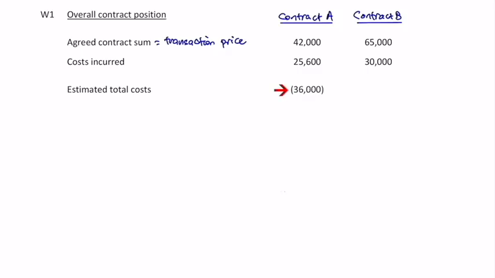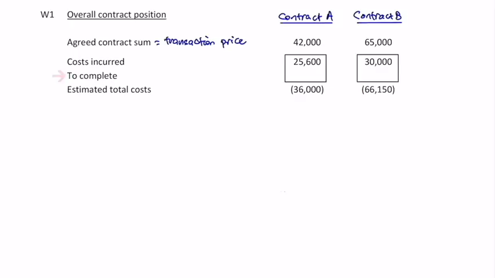Working 1, we have to look at the overall positions of these two contracts, contract A and contract B. The transaction price for contract A is 42 and the transaction price for B is 65, unchanged. The cost incurred to date for contract A, the question mentioned, is 25,600, whereas for contract B it is $30 million. And the total expected cost for contract A remains unchanged at 36, and for contract B increased by 5%,